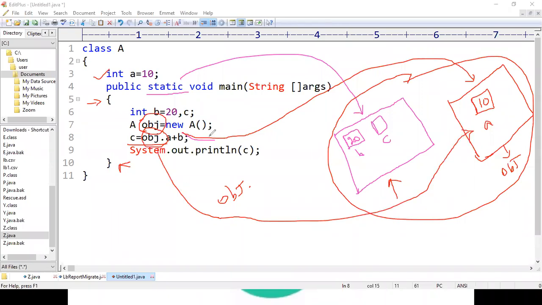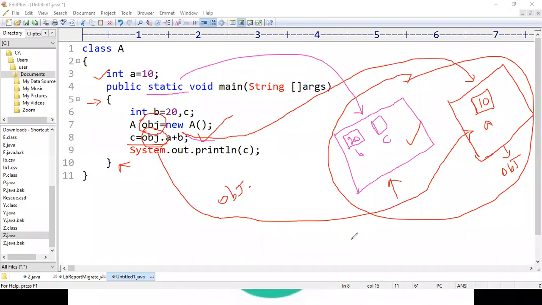Now this statement will get executed successfully. Now C equal to obj dot a plus b. So we are getting C and B directly from here, but we are getting A from obj. Right? Now it will be calculated, stored inside the variable C, and printed on the output screen.